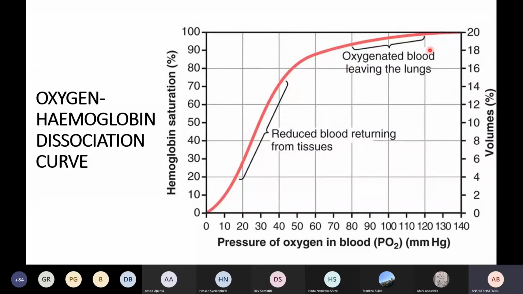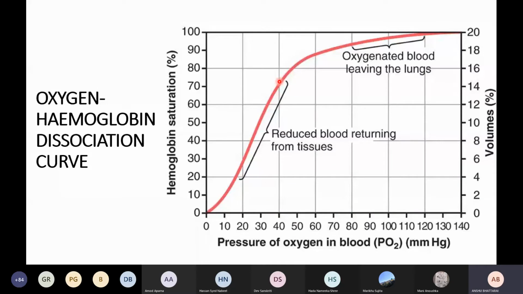Right? When oxygenated blood is leaving the lungs, the partial pressure of oxygen in that blood is about 95 millimeter of mercury. So the percent saturation of hemoglobin with oxygen is about 95 to 97%. Okay, then as this blood travels to the tissues of the body and oxygen is taken up continuously from different cells and tissues of the body, what happens is this partial pressure continues to drop. Okay, and in venous blood, it reaches about 40 millimeter of mercury. And at this partial pressure of 40 millimeter of mercury, the hemoglobin saturation is 70 to 75%.